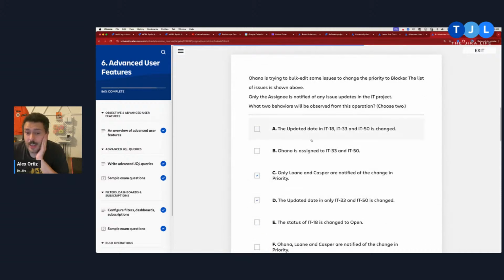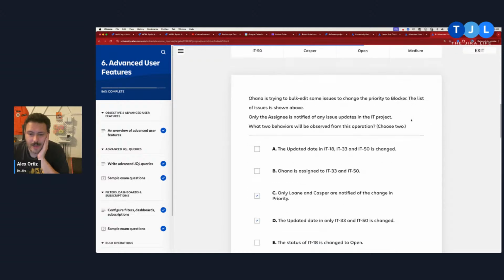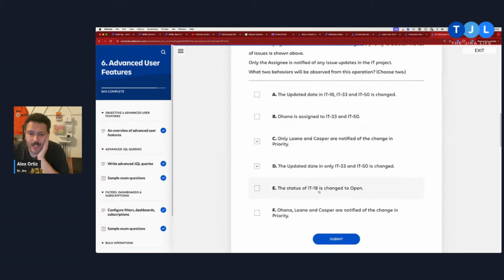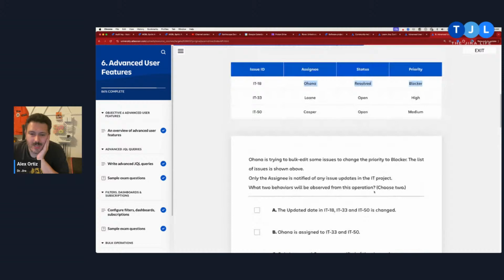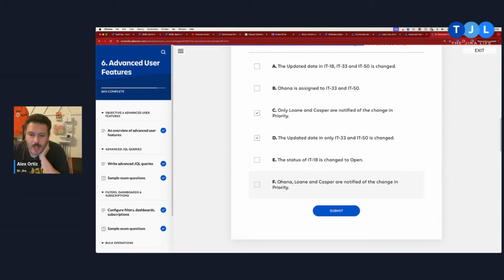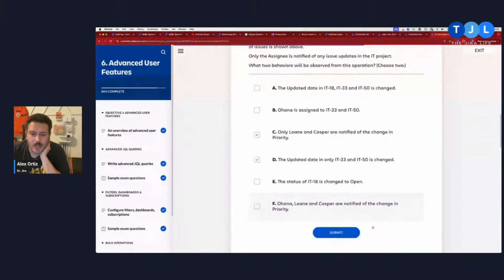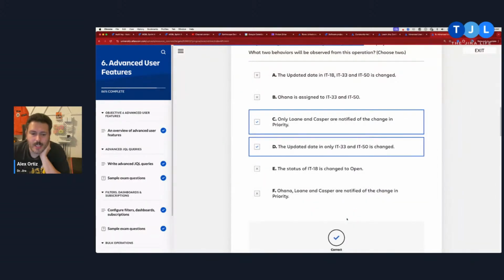Yes, and not A now that I read it, because this one's already blocker, so it isn't going to change. The status of 18 is changed to open. We're not doing that. We're not changing statuses, we're just changing priorities. Ohana, Lane, and Casper are notified of the change in priority. So not this one, because she won't be notified of her own thing, because this one didn't get updated. So I think I got the two right ones.